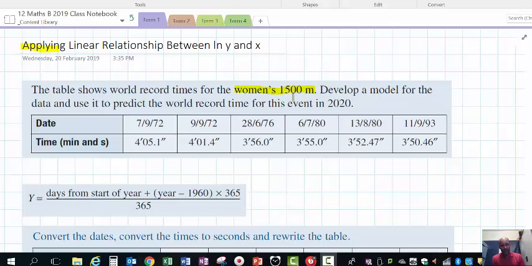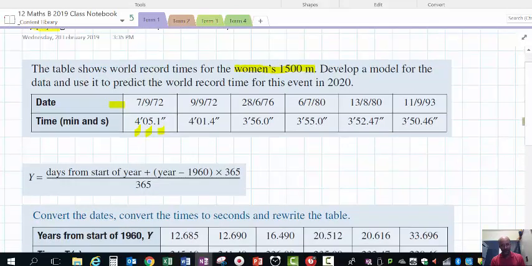So you can see in the first row of the table we've got various dates from the 20th century there, and we've got some times, as you can see there, minutes, seconds and tenths of seconds. Now that's not very useful in that form. Neither of those variables and the data really go together too well. So what we're going to do then is to